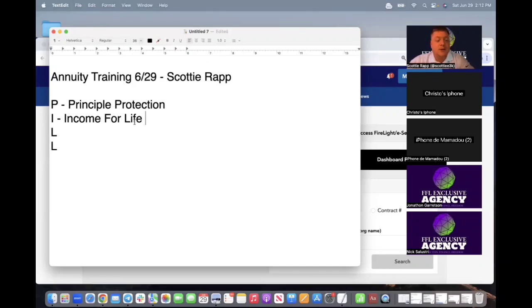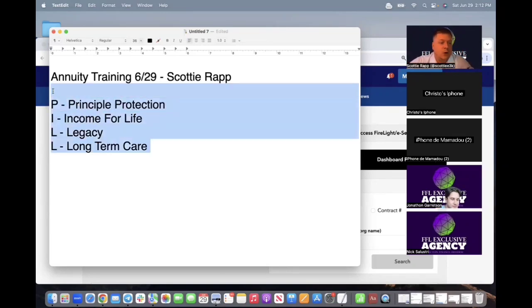Income for life. So you could turn principal into income. The third thing you can solve for is legacy. There are certain products, especially with Athene and certain designs, that give an enhancement to the death benefit component inside of an annuity. And then the fourth thing would be long-term care. Not long-term care insurance. There are just certain supplements inside particular annuities that you can use as a long-term care supplement for your clients down the road. So these are the four main things that you're going to look to solve for during your sales